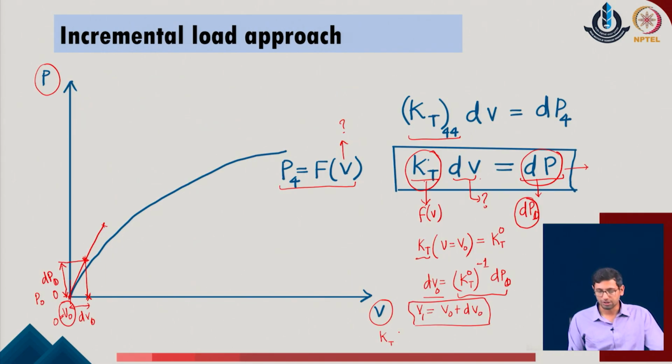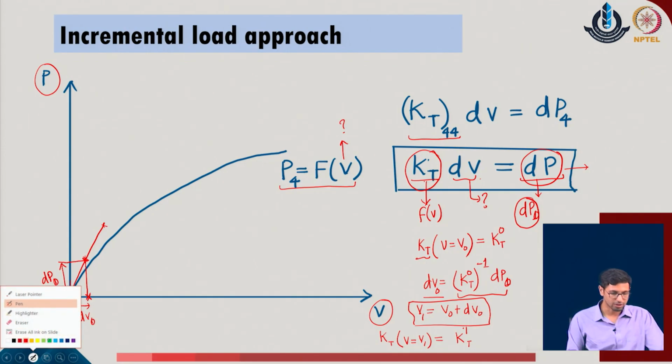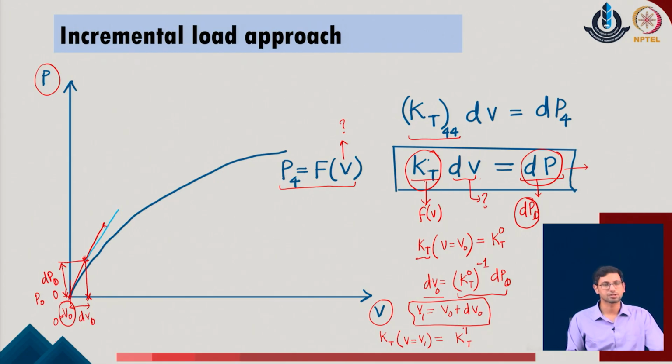So, using this formulation, I will now consider V equal to V1, and with respect to that I will evaluate the kT value, which I now call kT1 in the given problem. So, this happens to be the new stiffness, or the new tangent, which is now drawn on the given system. And as I draw this tangent, just to make a difference, I can consider that this tangent is with a different color. So, this is the second tangent which has been drawn, and this tangent corresponds to the value which I am calling kT1 in the given problem.